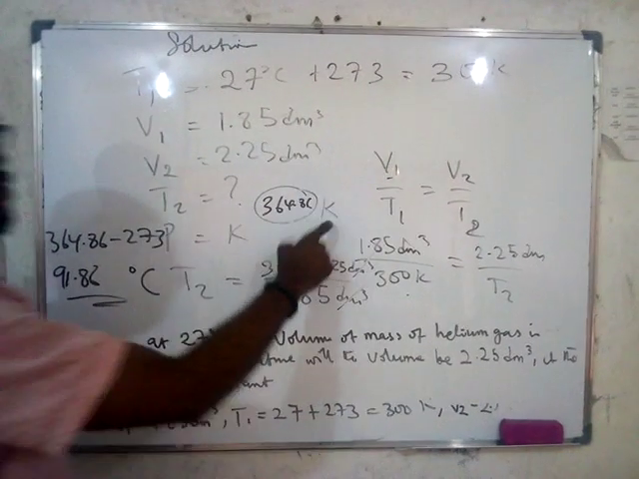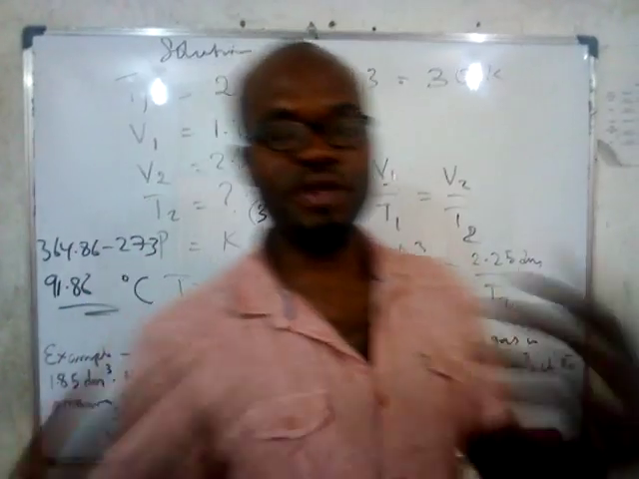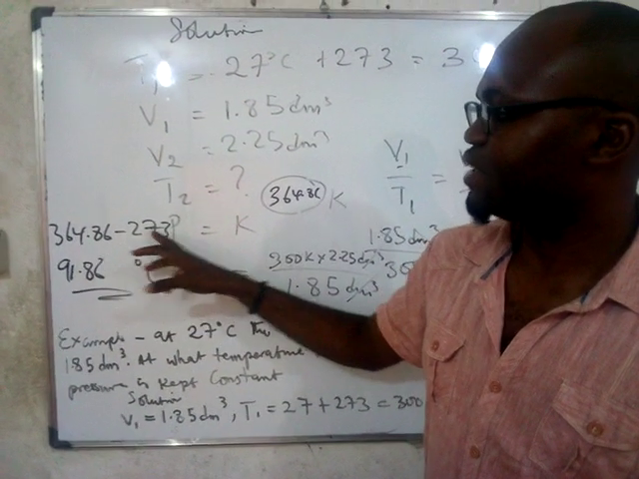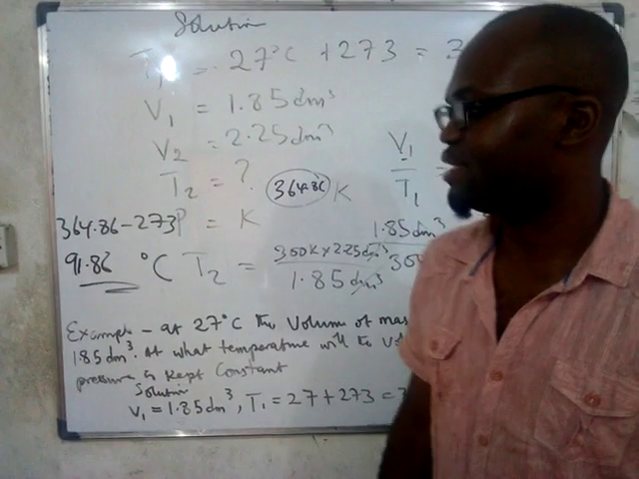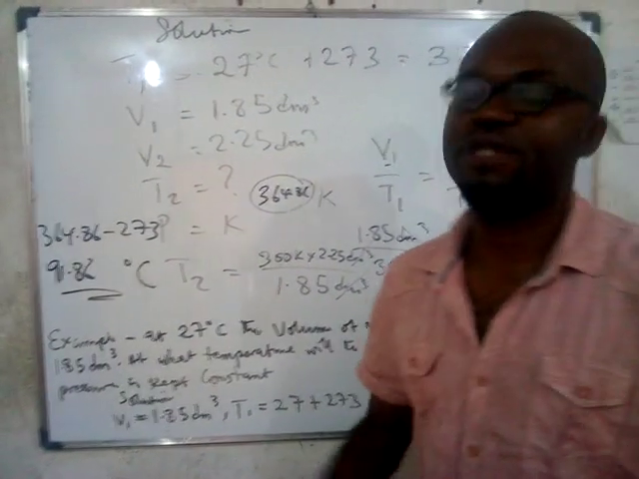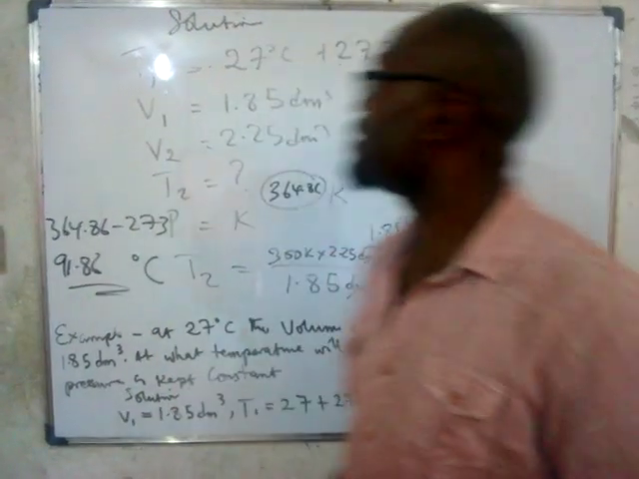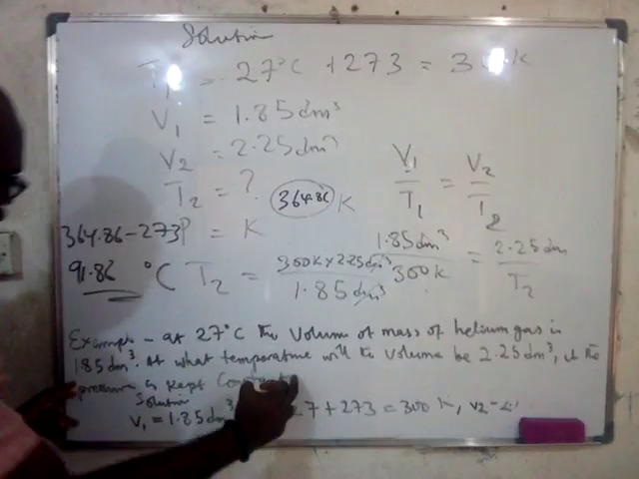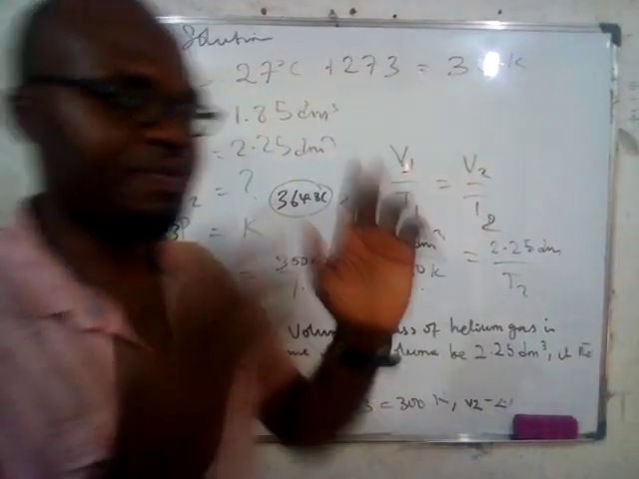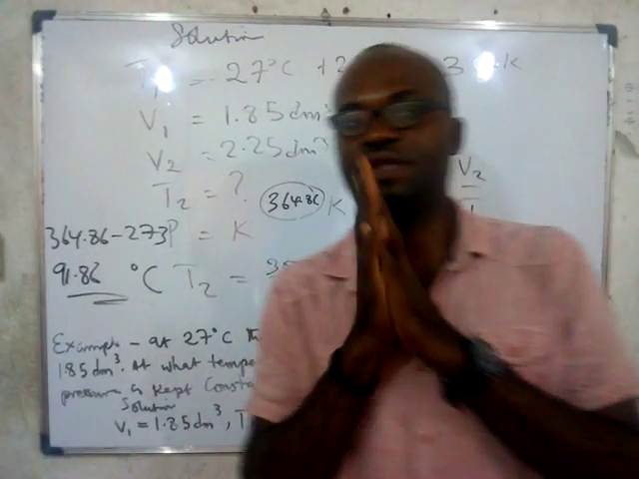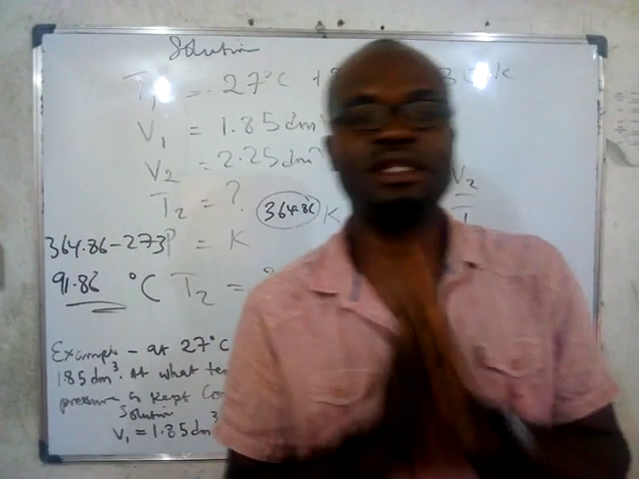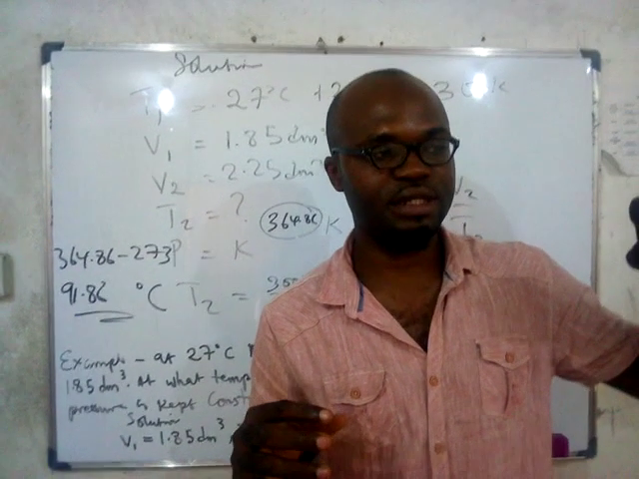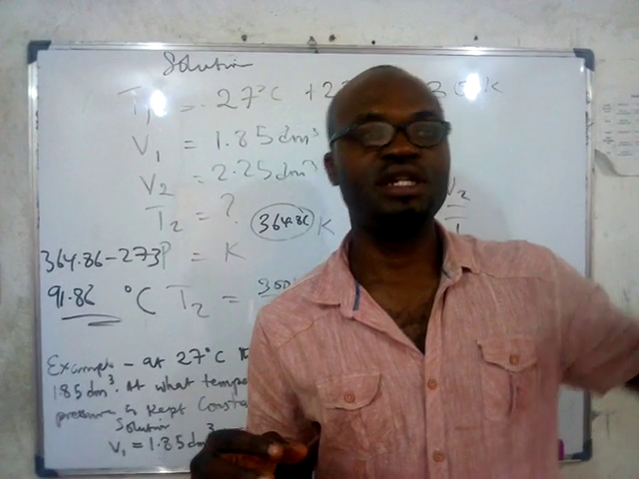You have the temperature in Kelvin. You can leave it in Kelvin, but if you want, you can also convert to Celsius by subtracting 273 from it, so that you get 91.86 or 91.9 as the answer. So that's how you solve problems with Charles law. Remember, you'll be looking at this: pressure is kept constant. Once pressure is kept constant, then the formula you're using is Charles law, because Charles law states that at constant pressure, the volume of a given mass of a gas is directly proportional to the